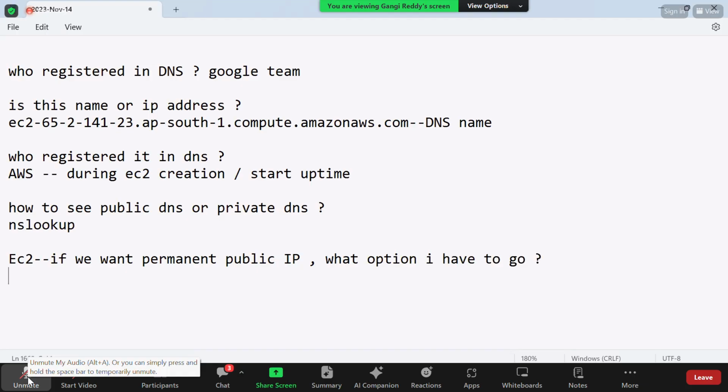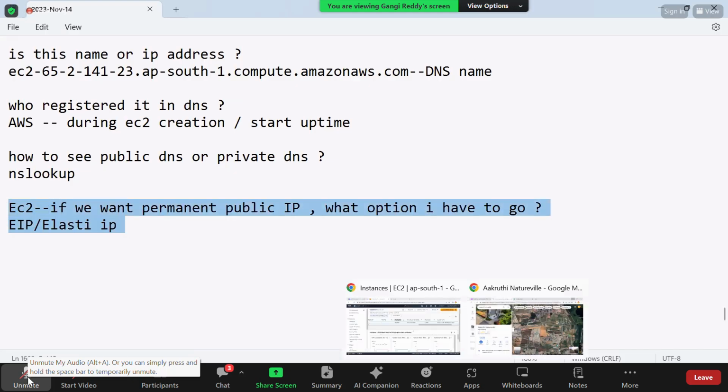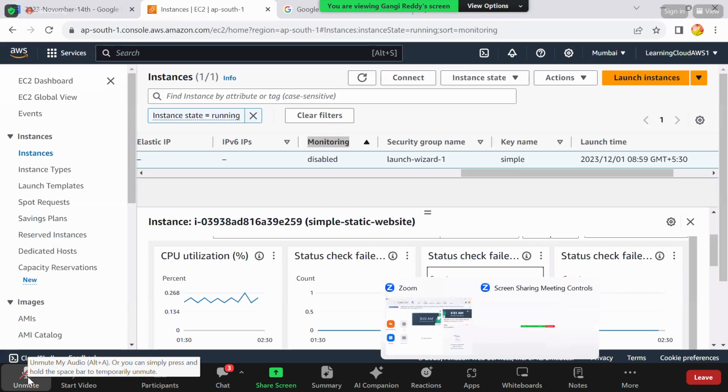What option do I have? Yeah, EIP, Elastic IP. Elastic IP is a static public IP. Once you assign it, it won't change. And they'll charge for Elastic IPs also. AWS will charge for this because they're reserving the public IPs, right? That is one. And one more is